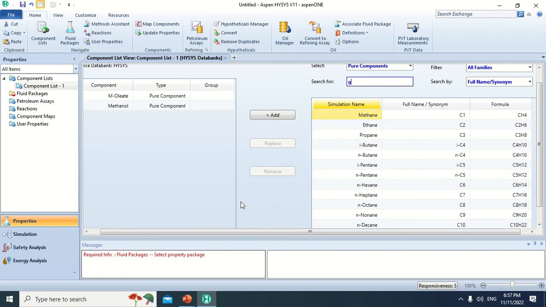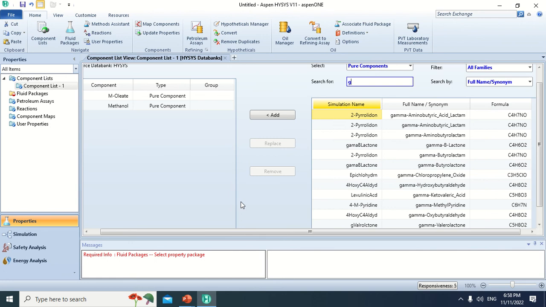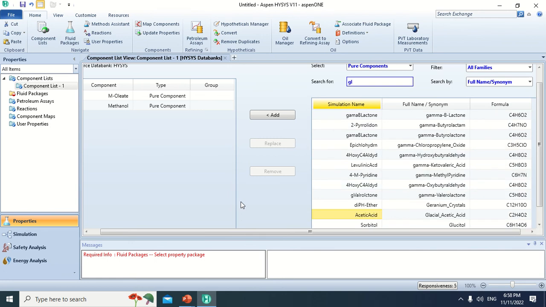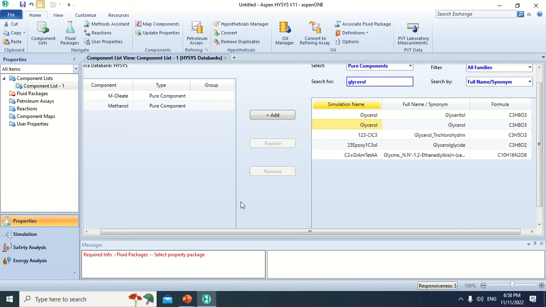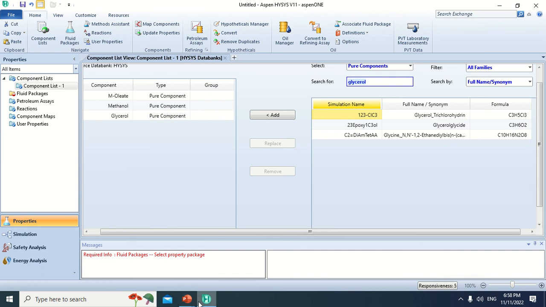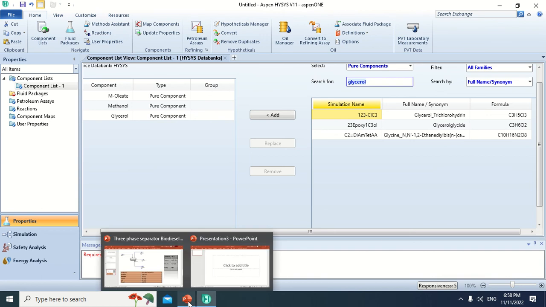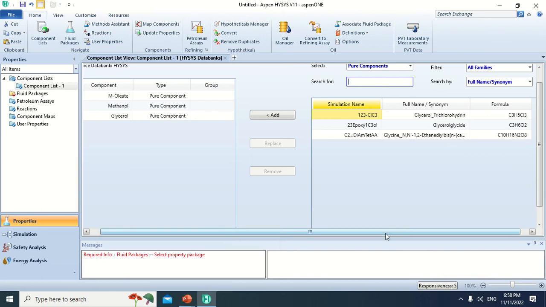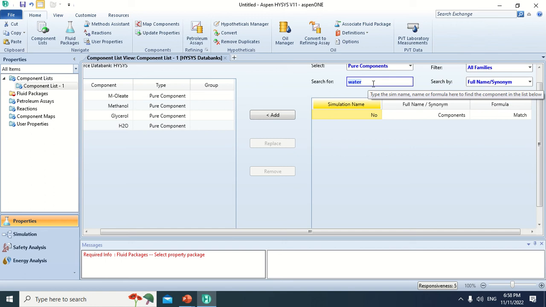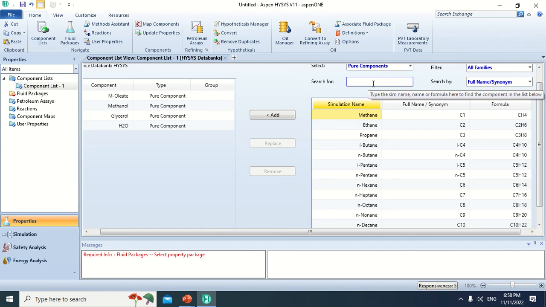Glycerol. Yes, exactly. I added the other component, water, and